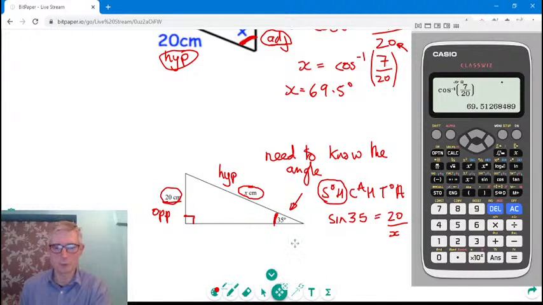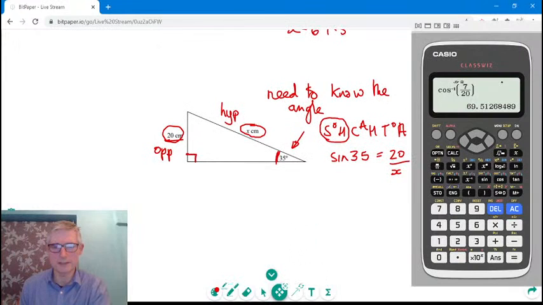So we can rearrange this to make x the subject. If I multiply both sides by x, I get x times sine 35